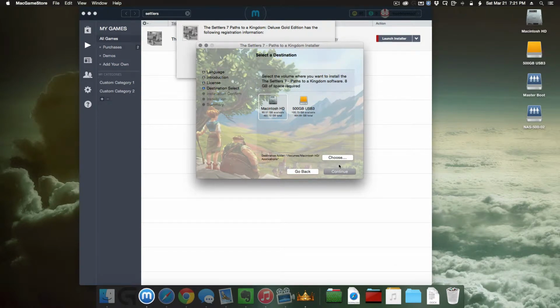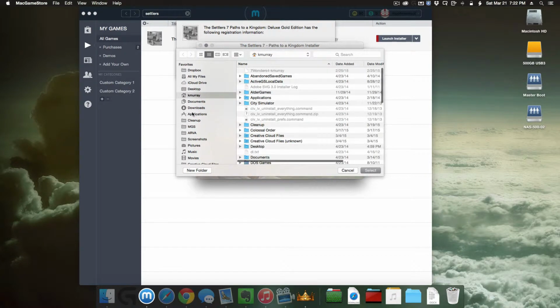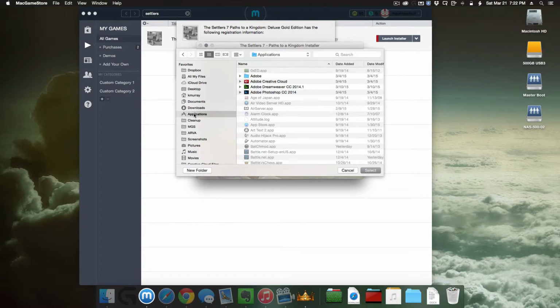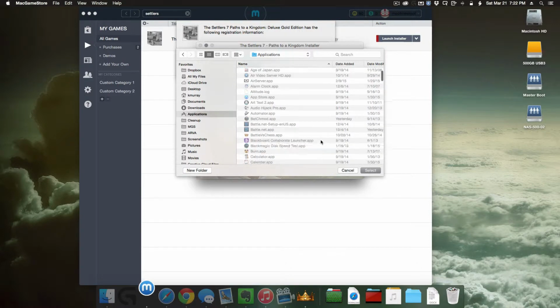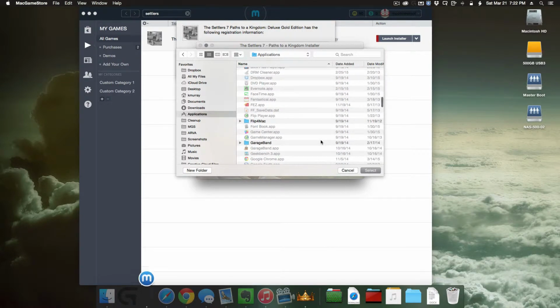Install it on the... Okay, well that's interesting. The path that it's chosen by default is not a valid path. So let's choose the Applications folder. Okay, select,